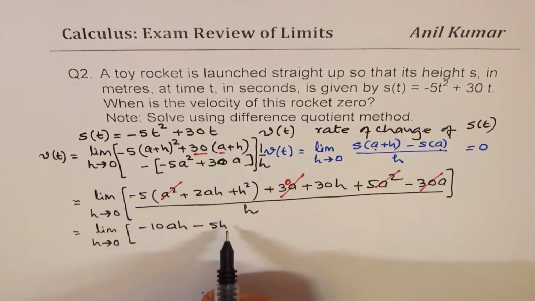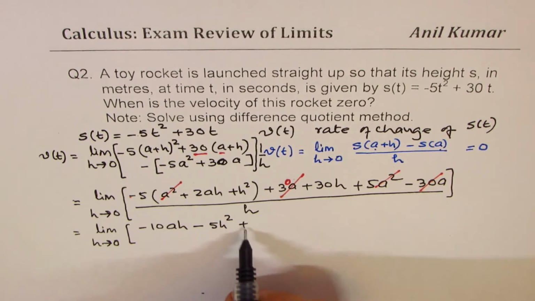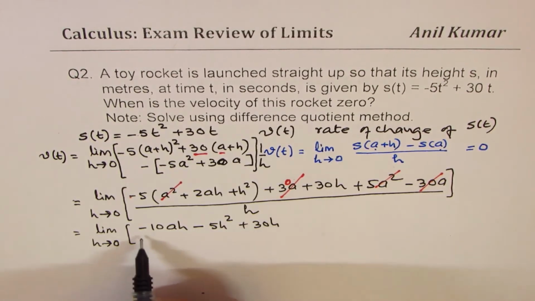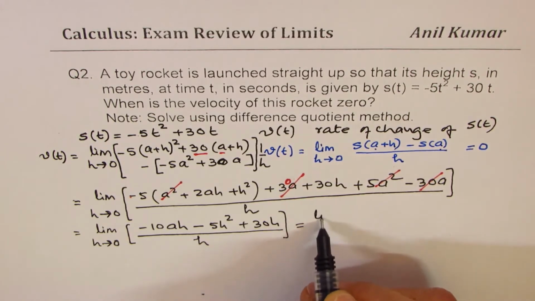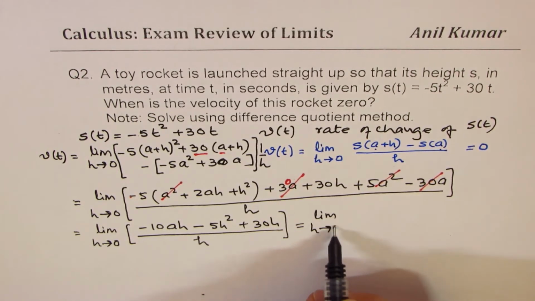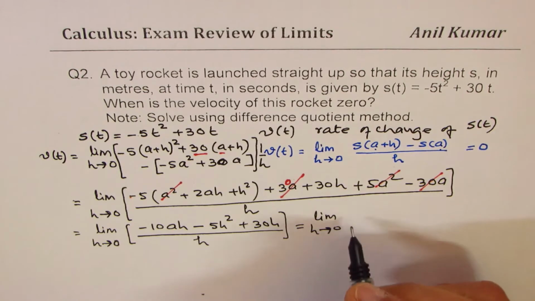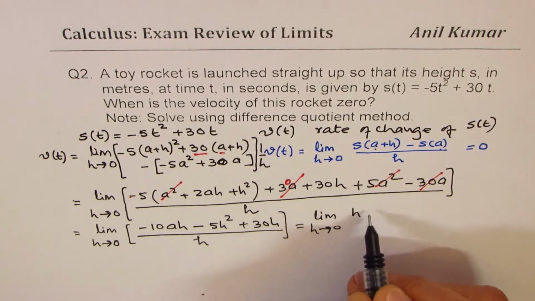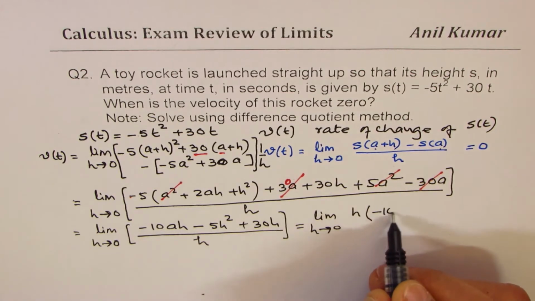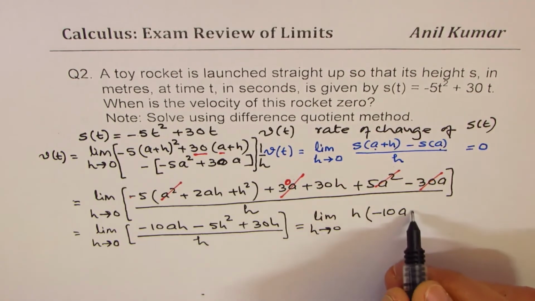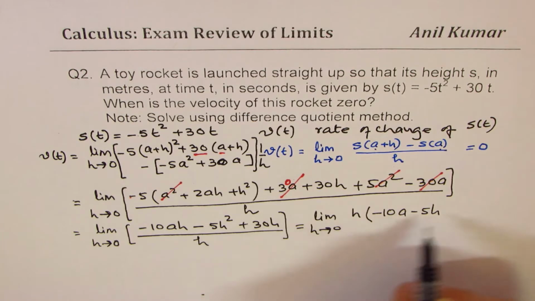Minus 5h squared, and we have here plus 30h. Is it all? Yep. Divided by h. Is it okay? So now we'll write this as limit h approaches 0. H is common, right? So we say h times minus 10a, and then we have minus 5h, and then we have plus 30